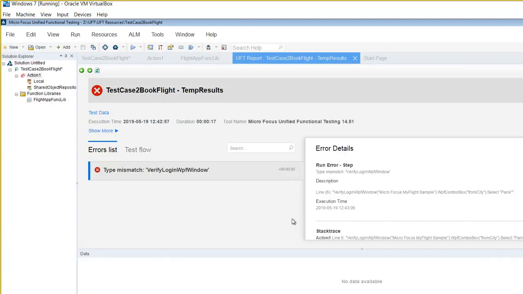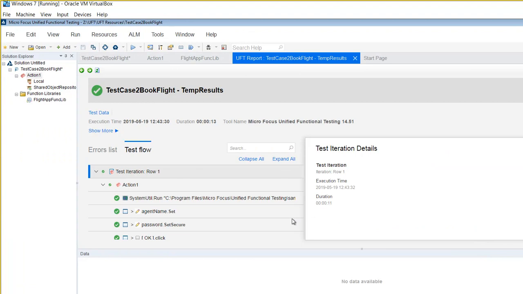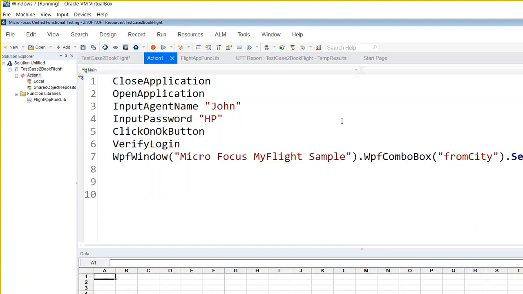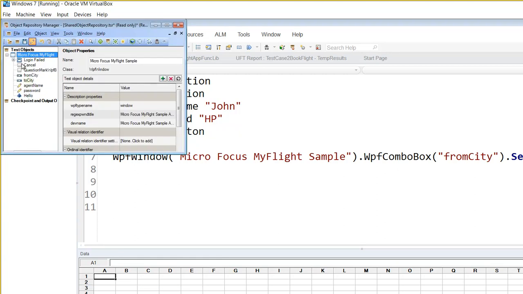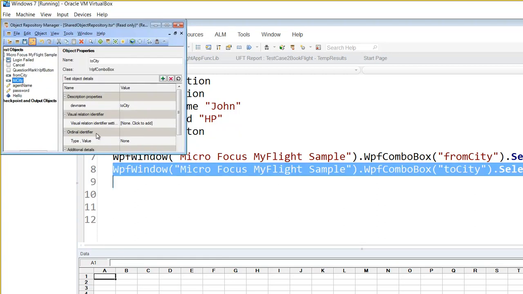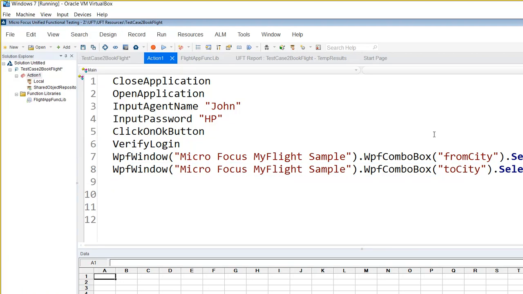Can you see it was able to select Paris? Okay, and then you go to your action, create another line, and go to your shared object repository. Remember, your shared object repository is open here, right? Now can you see to city? You bring to city here, you put a to city here. Let's say you put London, right? And then now if you run it,